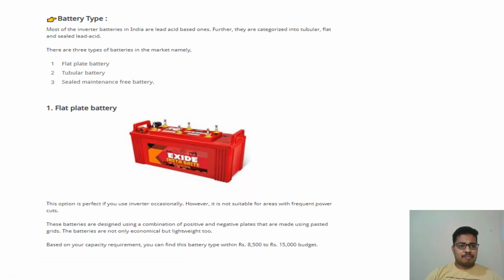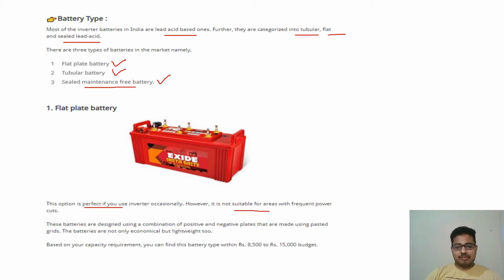Battery type. Mostly we have three different batteries in India. All are generally lead acid batteries. They are categorized into tubular, flat and sealed lead acid. Flat battery, tubular battery, sealed. Generally sealed we will say maintenance free battery. The flat battery option is perfect if you use the inverter occasionally.